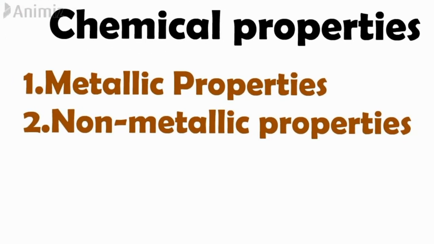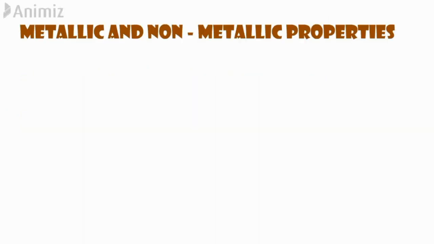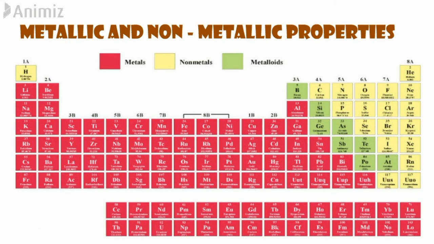Now let's consider the chemical properties in the periodic table. The elements in the red boxes on the left hand side of this pattern are metals. Then the boxes in yellow color on the right hand side are non-metals, and they include noble gases too. The elements indicated in light green around the steps have properties in between metals and non-metals. So we call them metalloids.